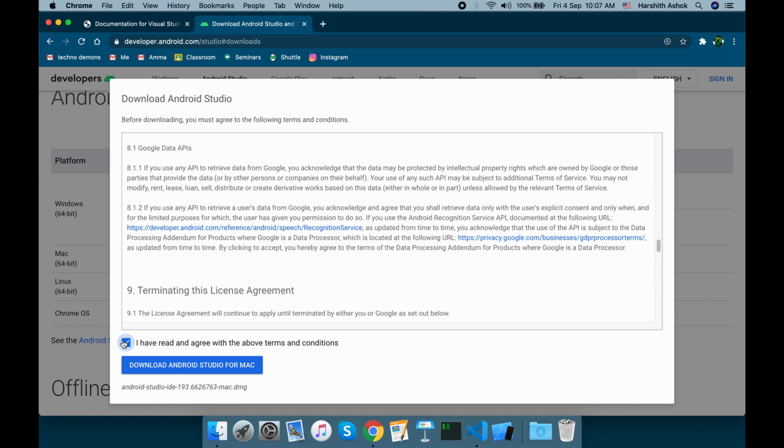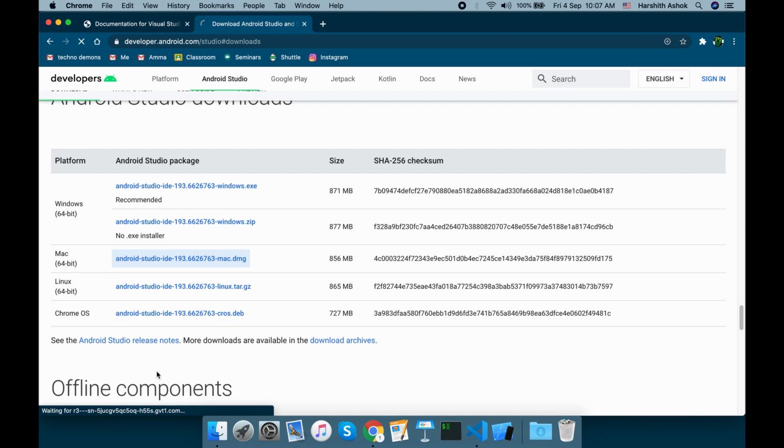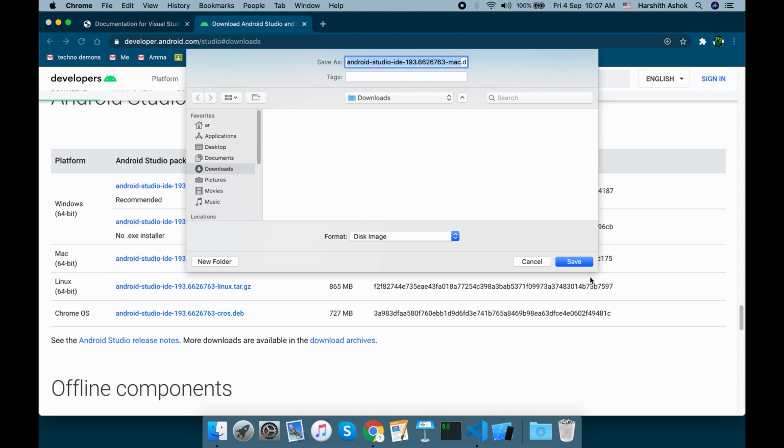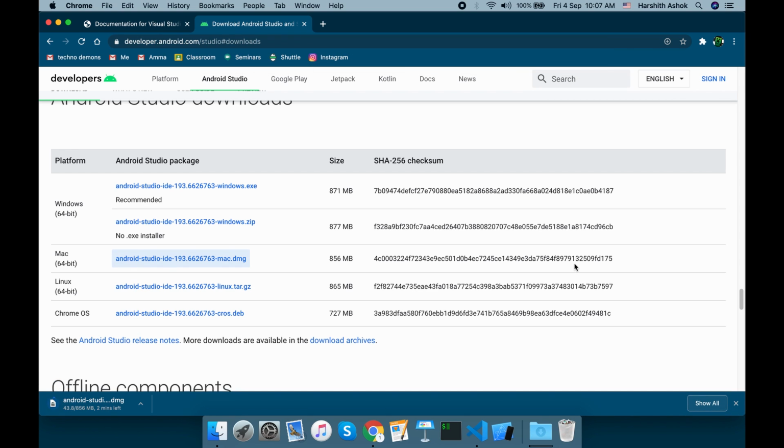This is going to download the disk image. So downloads again. The disk image will just set up a wizard, and you just need to click through everything, and you'll have Android Studio installed. And a small note, I will not be using Android Studio very frequently unless I'm going to show how to use the emulators and the simulators and all the other things.